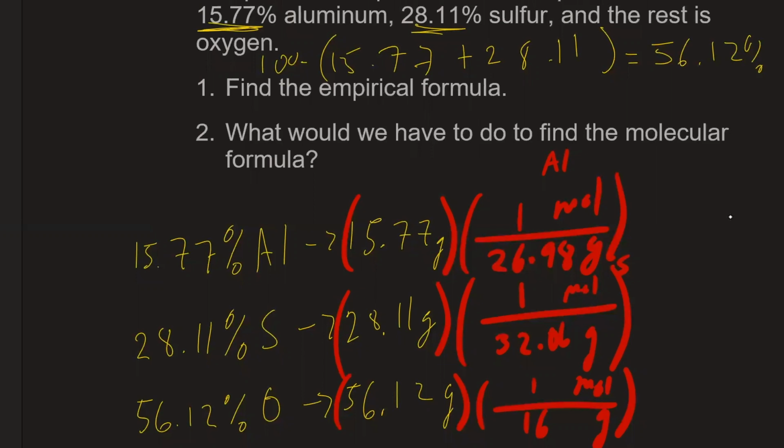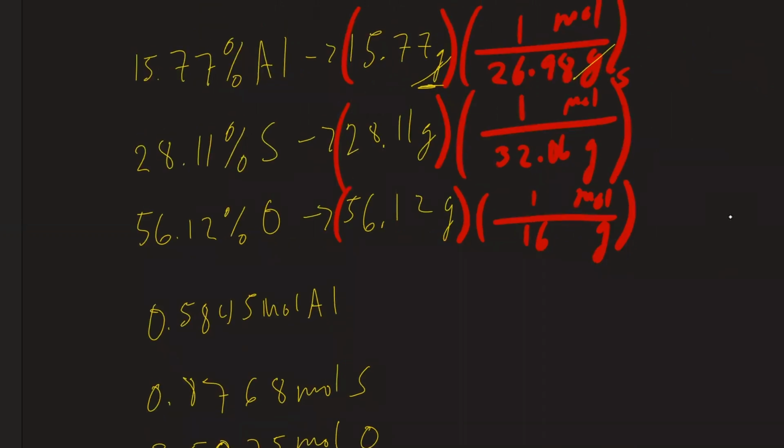Then I found the molecular weight of each individual element and divided by it. The reason I divided is because I wanted to get rid of the grams, so that they cancel out and I'm left with moles. So now I have the moles: 0.5845 moles of aluminum, 0.8768 moles of sulfur, and 3.5075 moles of oxygen. My next step is to divide everything by the smallest amount of moles,